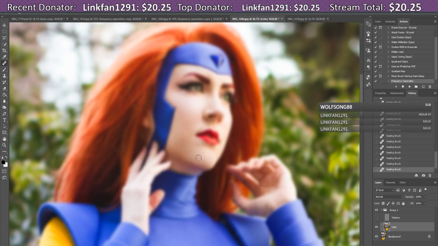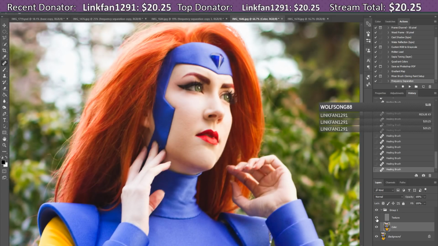Now that I've evened out this area a little bit, I'm back with my healing tool. Cool, now with the texture and a comparison. I guess I lost some of the